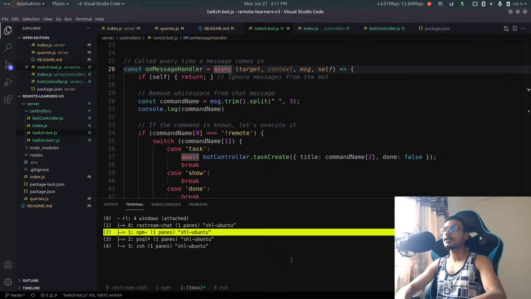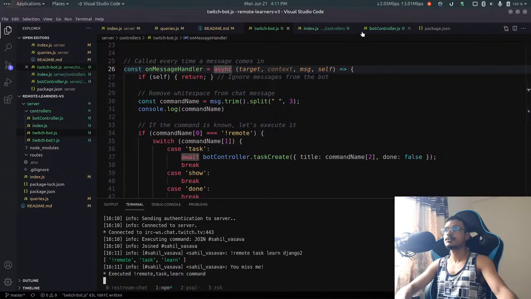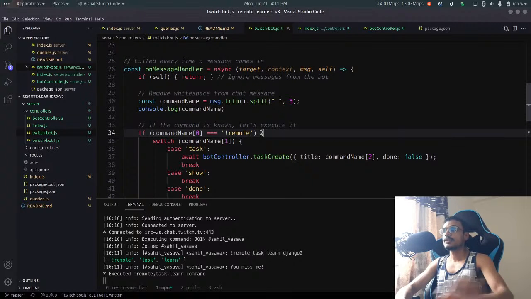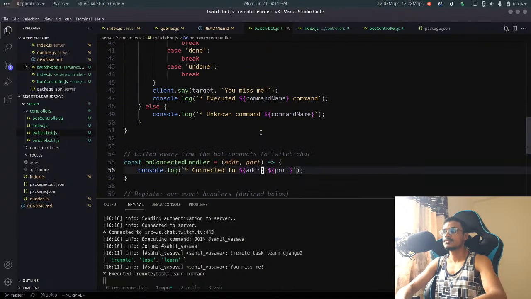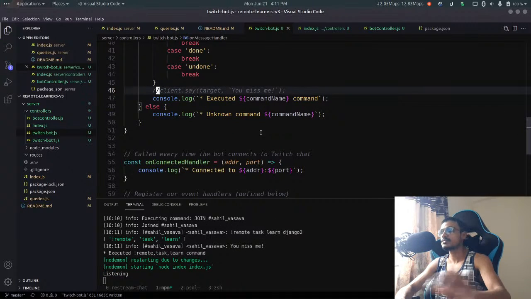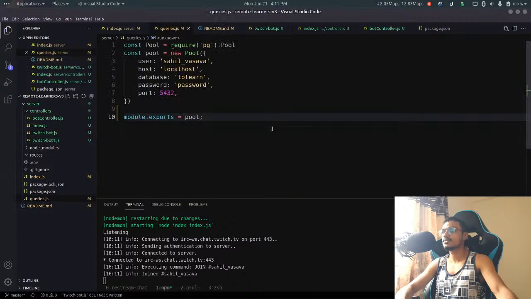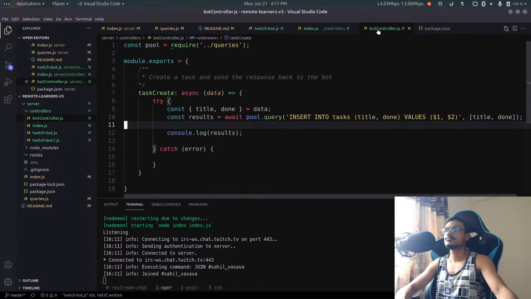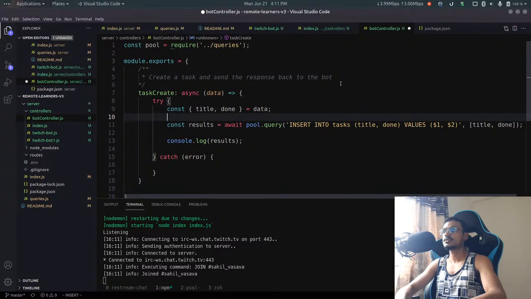Oh, I know why. I know why. But let me first... What was I going to do? Yeah, let me first comment this and let me fix it. So in the queries, I think there's a problem. No, this is just fine. I'm connecting to the right database, right? This should just work. Let's see, are we even getting inside this